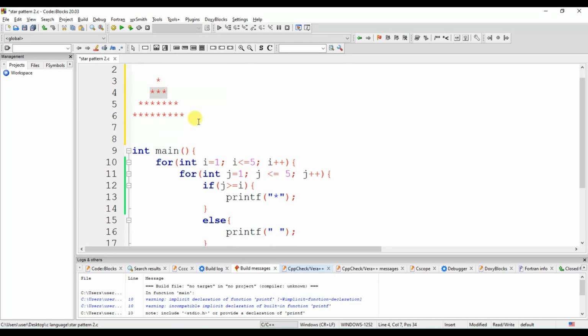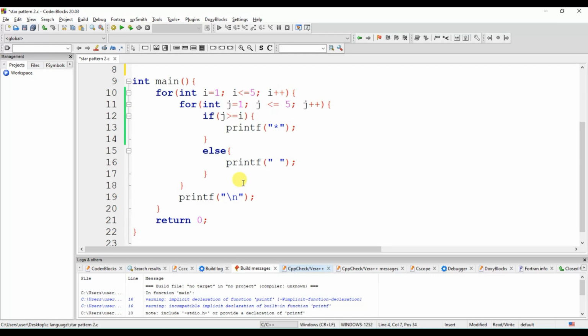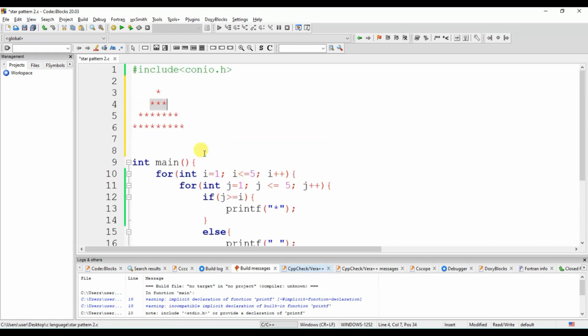So yes, okay, this is the code from the last video which we did to achieve the pattern which I have just showed you before.